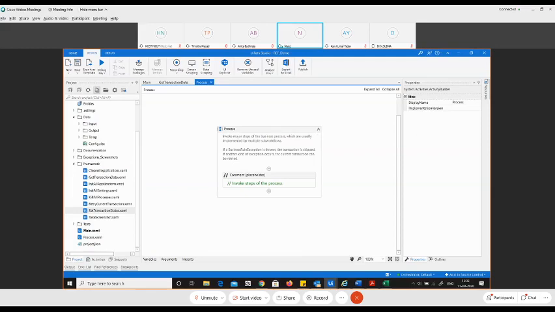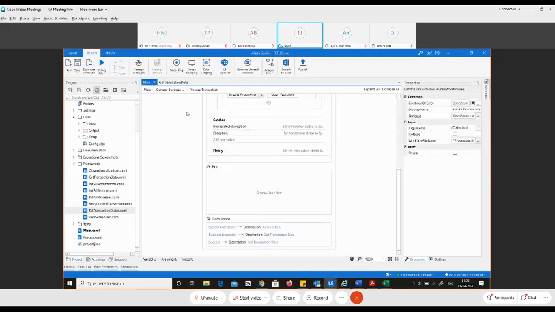Now, let us go ahead and look at the next state. Ideally, it depends upon whether a system exception comes, or what kind of exception it is. If it is a system exception, as I said, it goes to the initialization block, correct? From where it's going to initialize all the applications again, close all applications, and start the application from the start. That is how it is going to be executed.